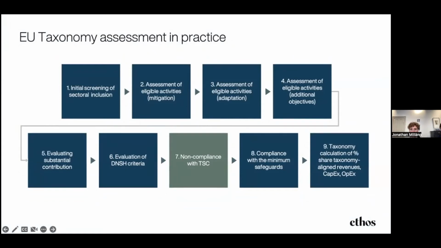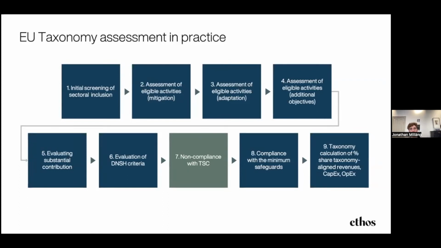And if you identify that you have activities that are relevant for you and covered by the taxonomy, you have to assess if they are eligible. It could be eligible to any of the objectives, but as mentioned, for the upcoming report it's mitigation and adaptation that's relevant. And by assessing if it's eligible, you have to go into the delegated act for the specific objective.